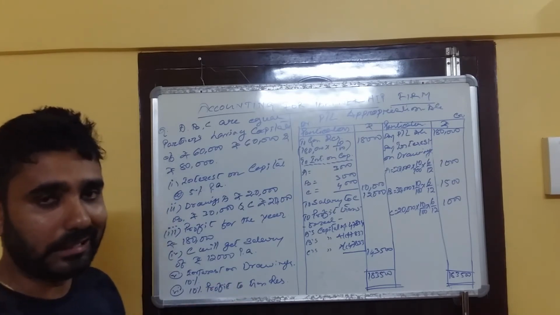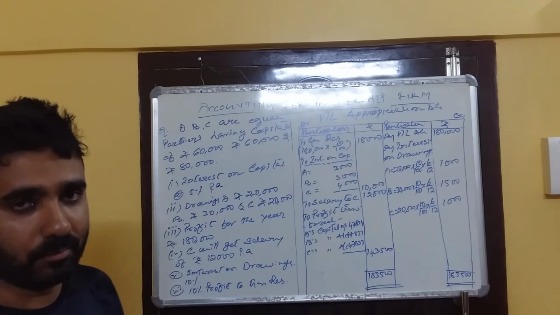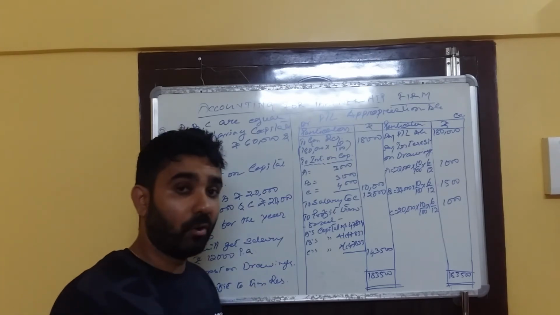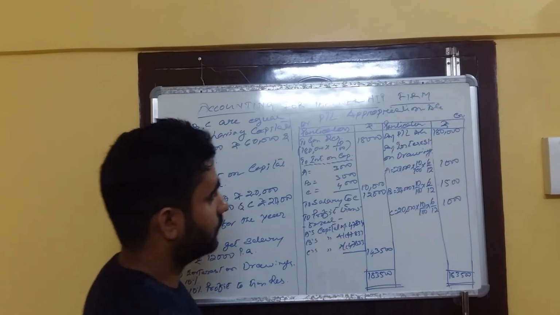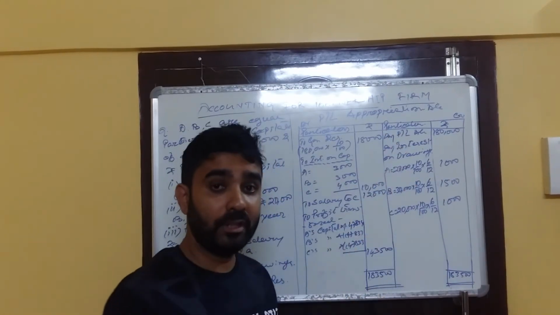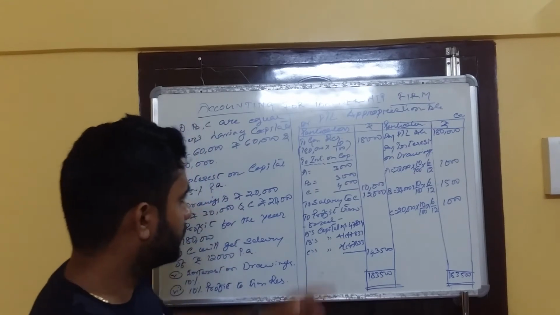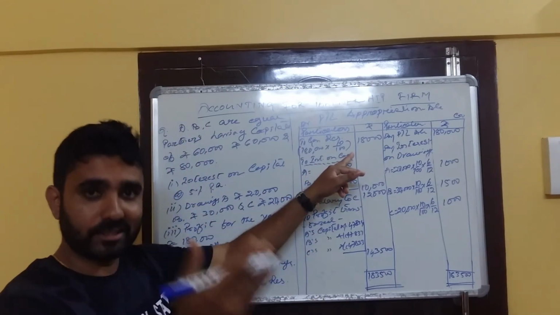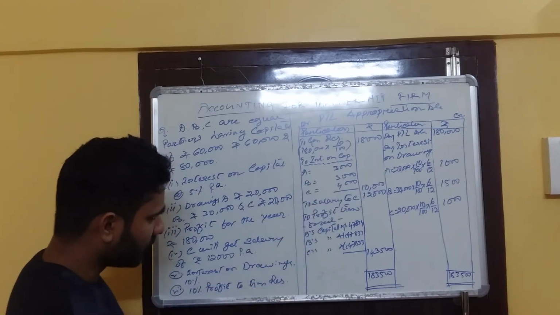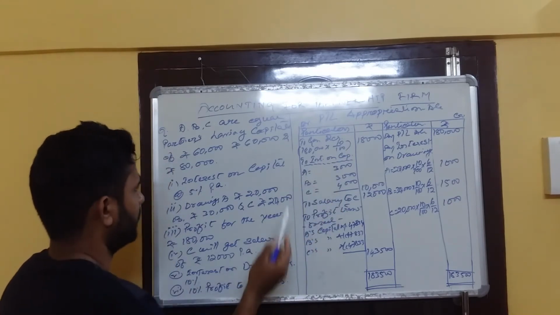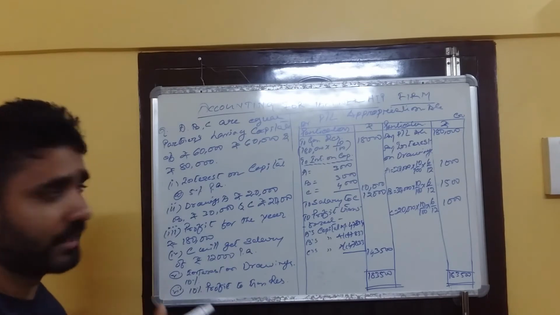So we can understand it is an expenditure for the firm, and according to nominal account all expenses come on the debit side. We know this side will have all expenditure and this side will have all income for the firm. So the firm needs to give interest, so it is an expenditure for the firm, so we will write it on the debit side. And now see I have written 3,000. We need to understand how I calculated it.